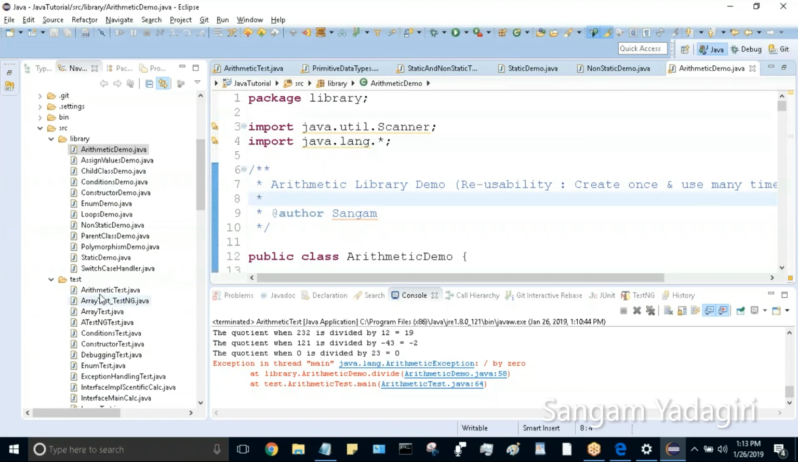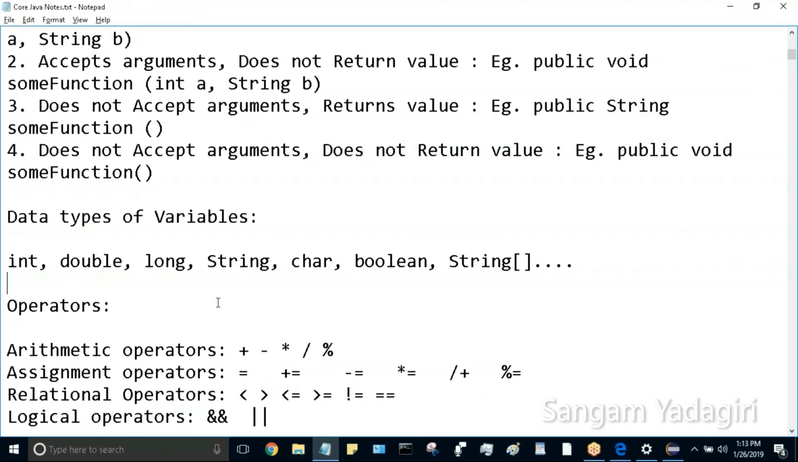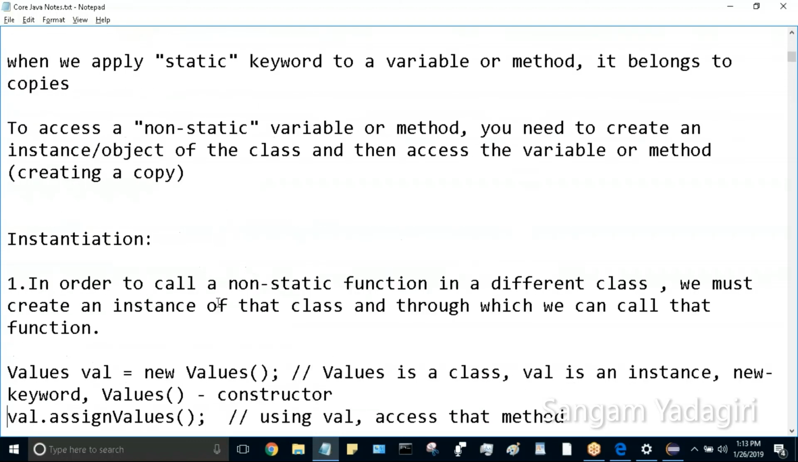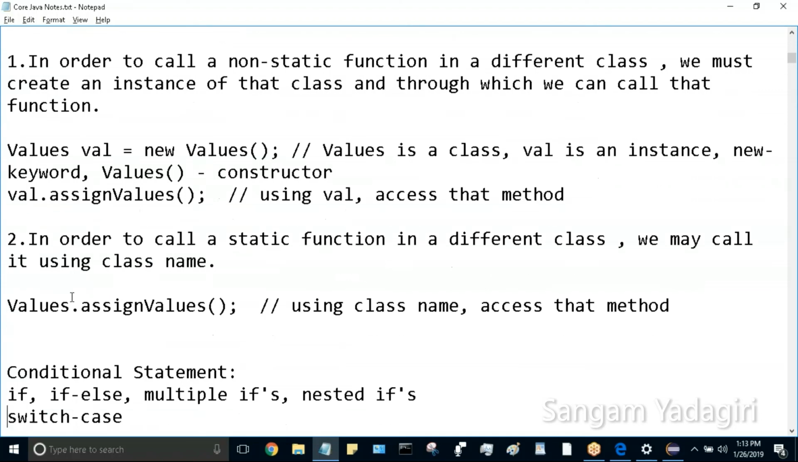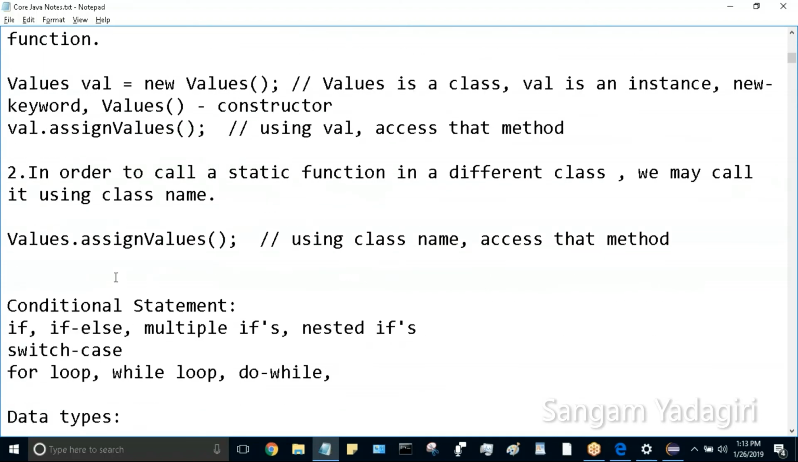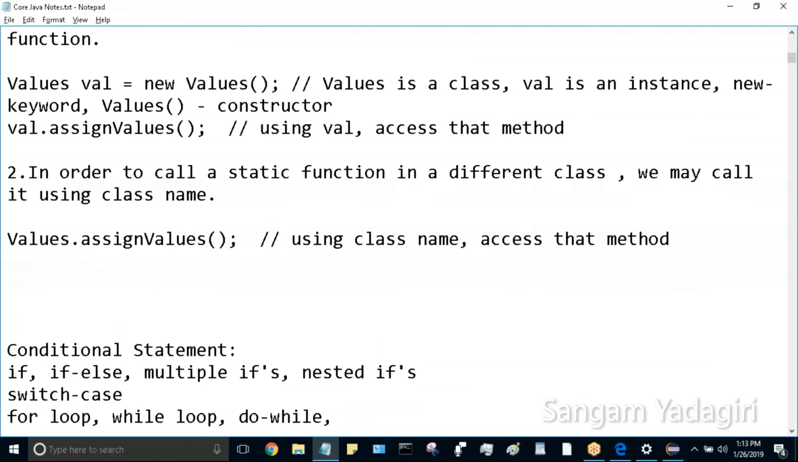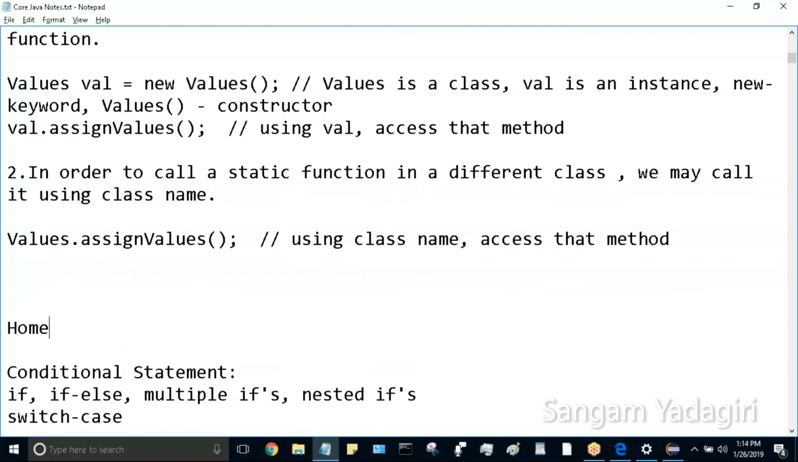So now your homework is, I'm going to put the homework in this. So till this, it's done. Instantiation, same thing I showed you. So same write-up for the instantiation, and we are going to see the conditional statements later. Okay, static and non-static is over. So your homework is